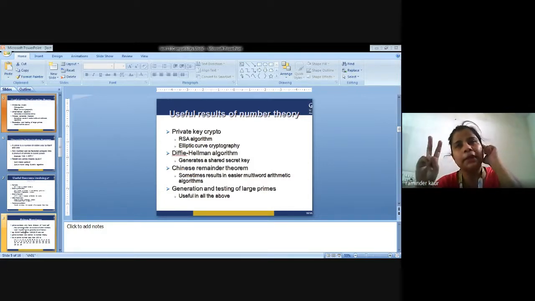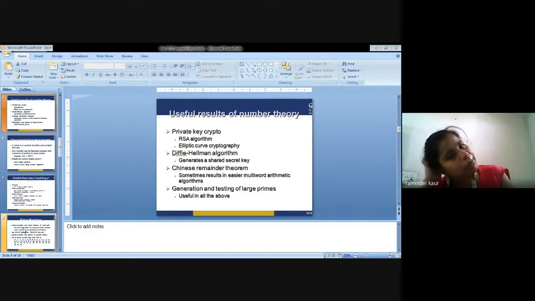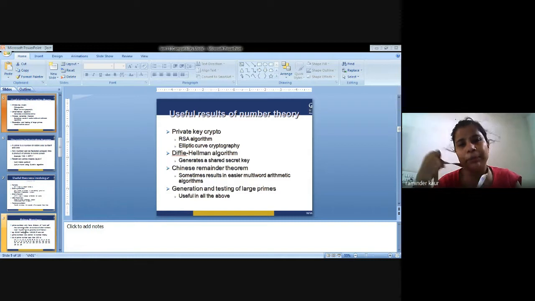One is the public key, second is the private key. The public key is available to both the parties, but the private key will be known only to the intended receiver, the receiver that is supposed to receive my message. So in this way, public key cryptography would be used, and examples are the RSA algorithm or elliptic curve cryptography that we discussed in the lecture a day before yesterday.